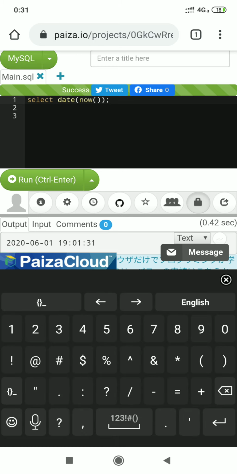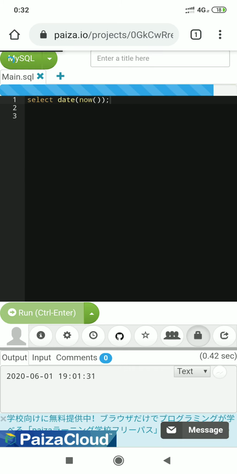What I am doing here is applying nesting of functions. First of all, the NOW function will be executed and it will return date and time together, and then whatever the date and time is, its date portion will be extracted and returned. Okay, I execute that statement. Students, you are finding here only the date part. So now we are able to use the NOW and DATE functions.